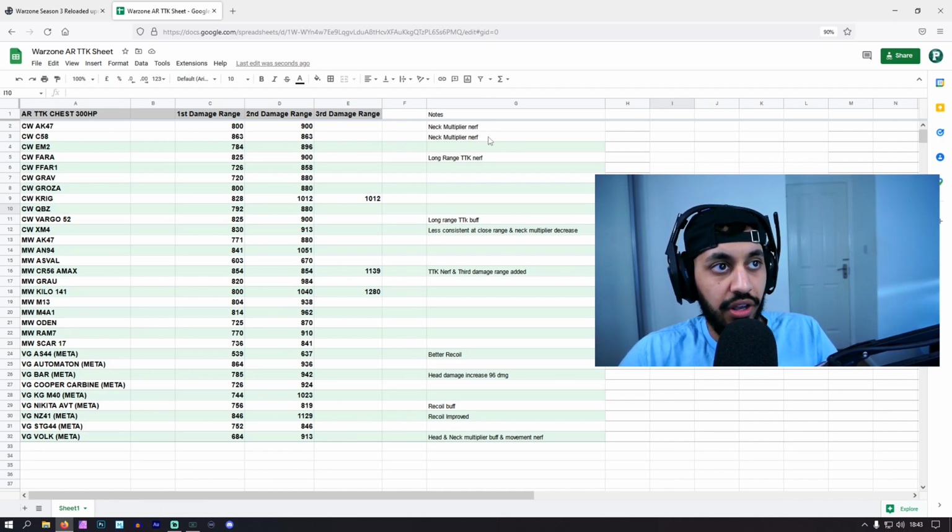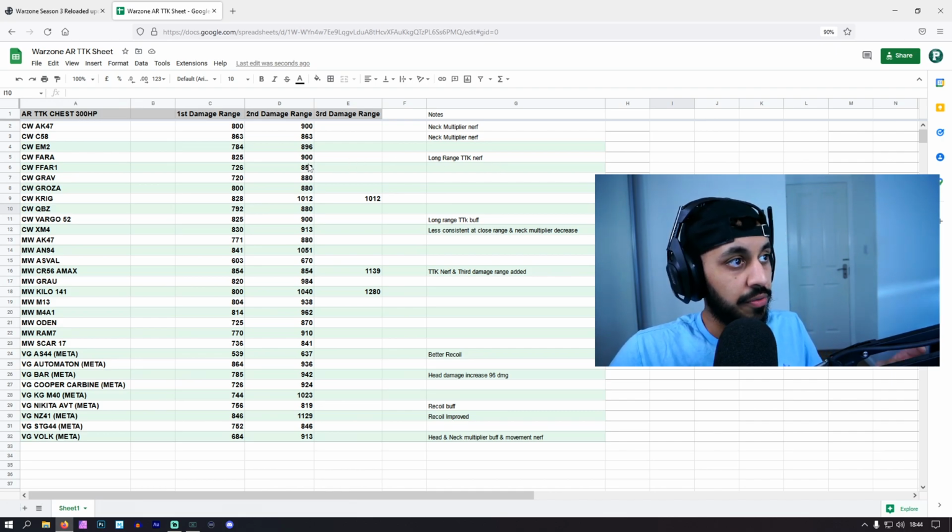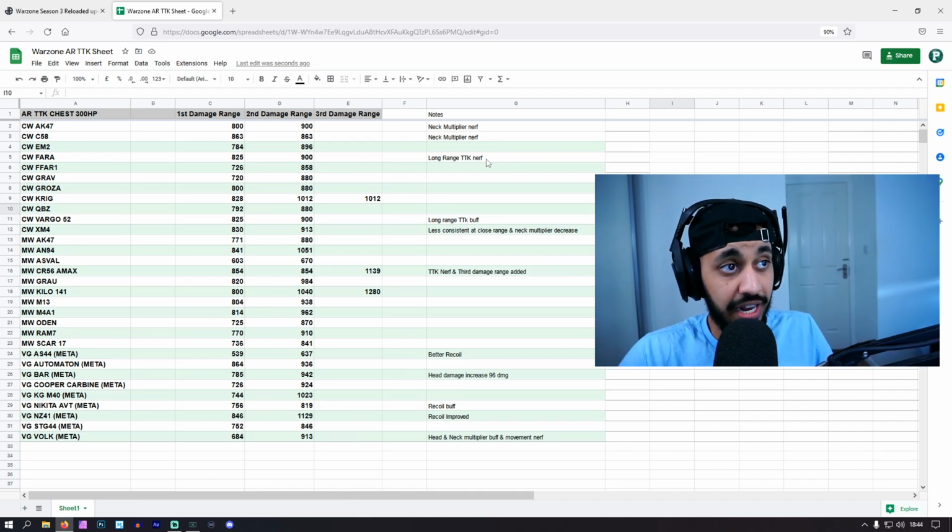So Cold War AK got a neck multiplier nerf, which is going to be quite significant because that's kind of what's helping this gun feel a lot better than it is in game. The C58 got the same treatment, a neck multiplier nerf, which is not great to be fair because these are really popular guns right now. The Fara got a long range TTK nerf. Then we've got the Vargo, which actually got a buff because they nerfed it a bit too much in